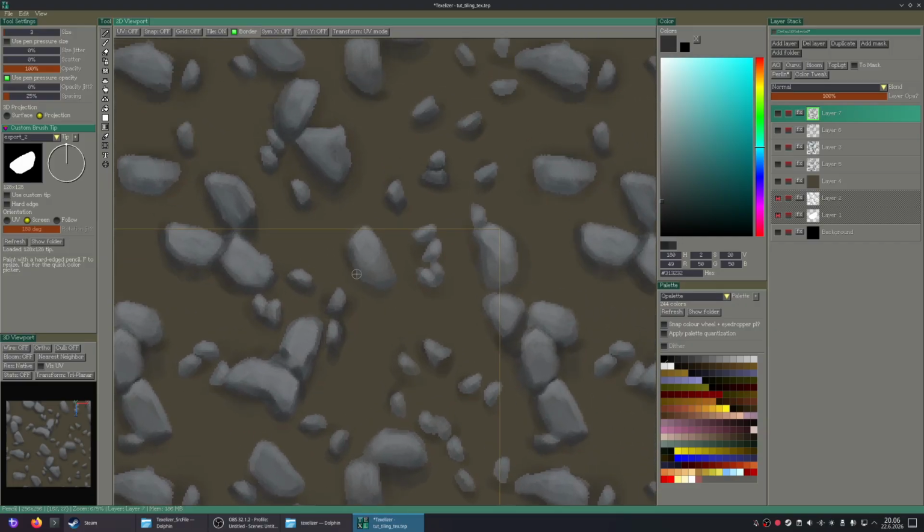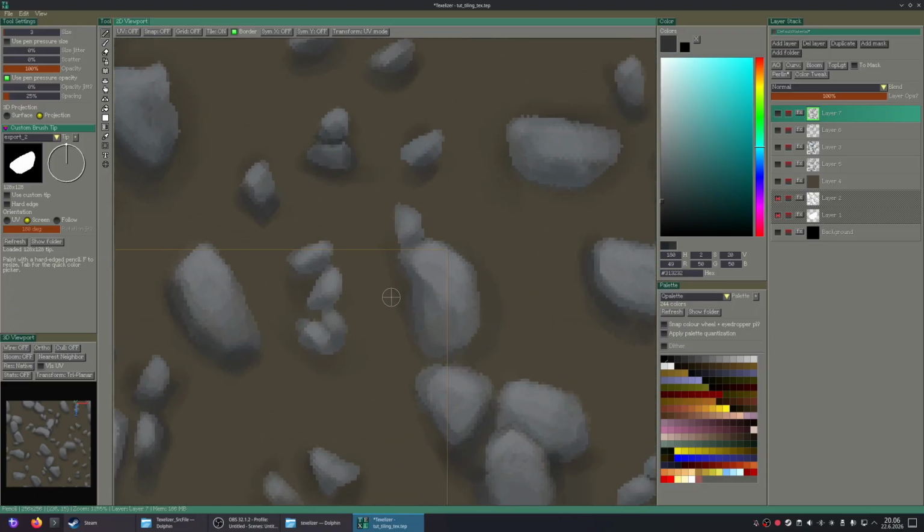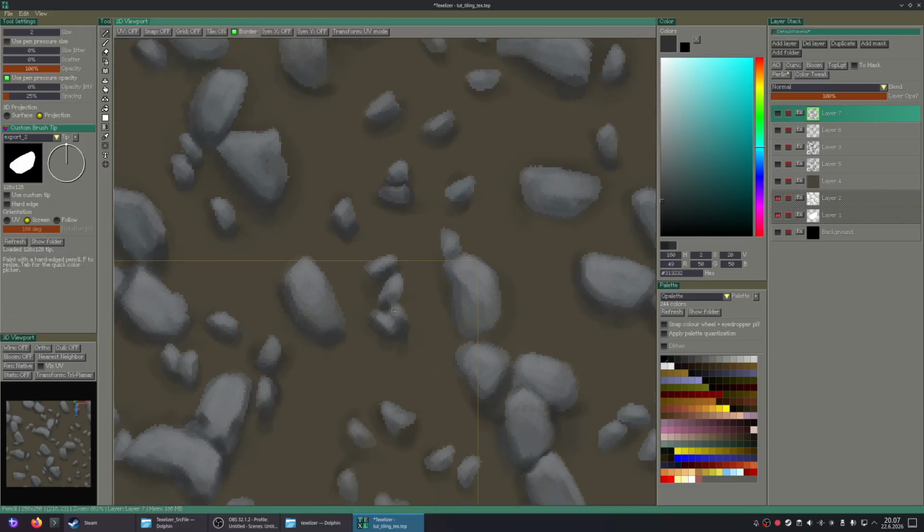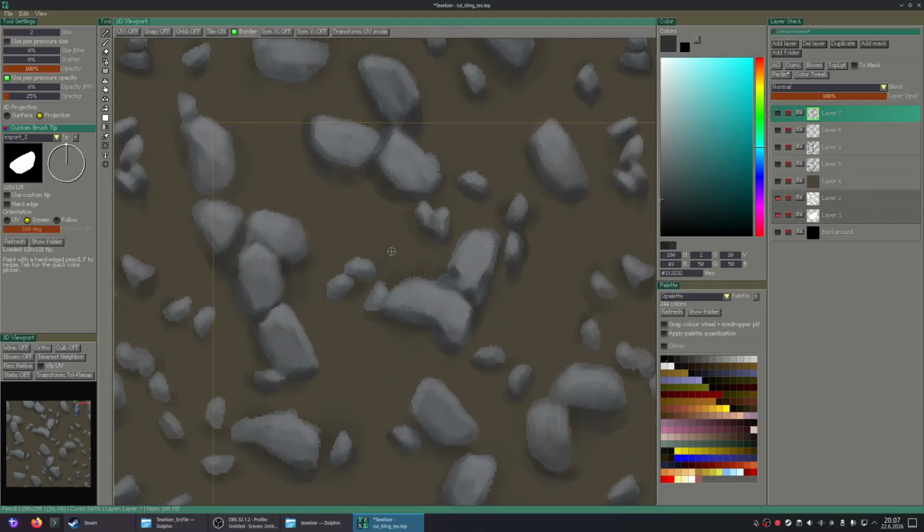Okay, there's still some shadows missing from there. This is quite a cluster going on here. All right.